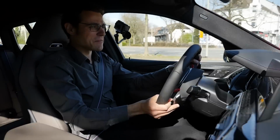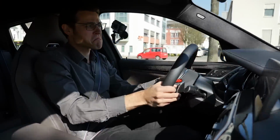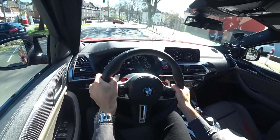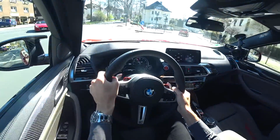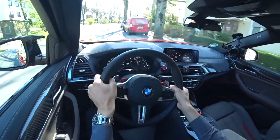Yeah, that's also how city driving is sometimes, you know. Also Jaguar F-Type, soon also Jaguar F-Type facelift here in Autogefühl. Well,